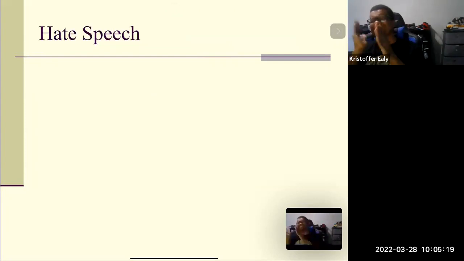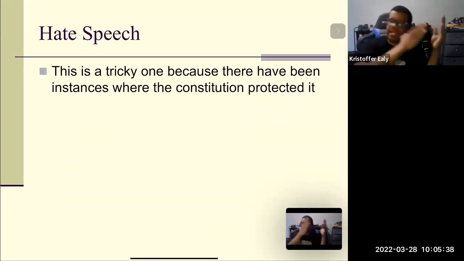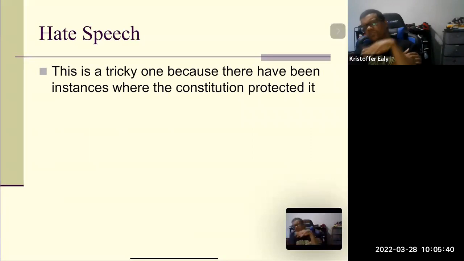This isn't necessarily true, and it's very tricky, because there have been instances where I have seen what I would call hate speech protected. And it's going to apply differently to different areas. So again, when I used to work at the courts, there was this court case, and I talked about this in the last video, where this guy